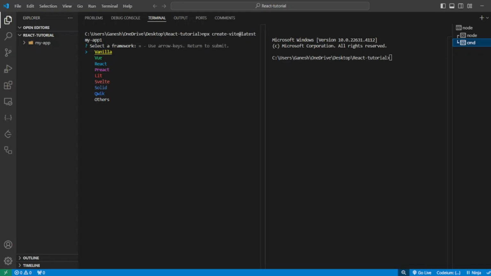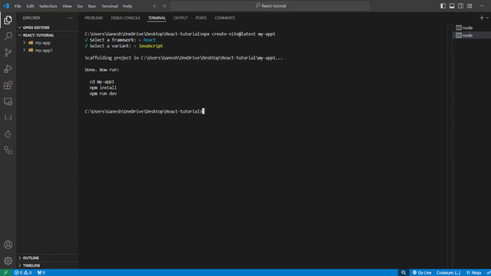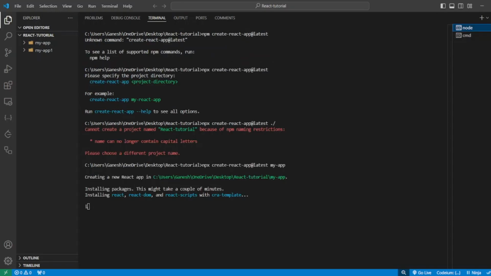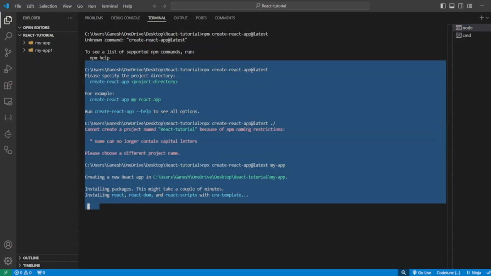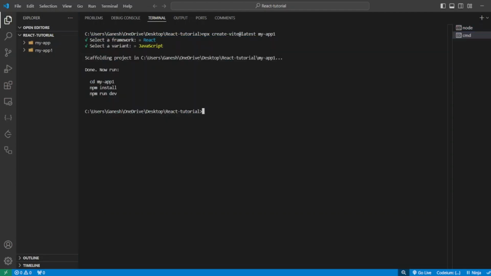See, as we all have seen, this took less time when compared to that npx create react app. So here let me select React as a framework. Then we'll be going with JavaScript. Now see, here it's still taking time to set up the basic React project. So we'll be using Vite instead of that